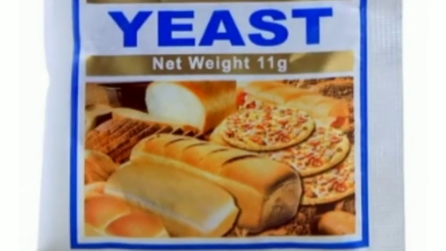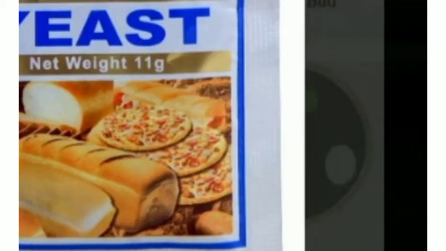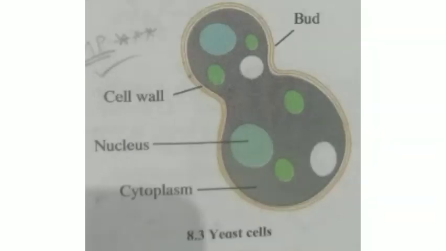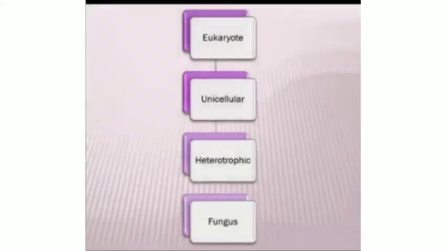Now, the third useful microorganism, that is yeast. Yeast is a substance which is easily available in everybody's kitchen and also in bakeries. Yeast is a eukaryotic unicellular heterotrophic fungus. That means